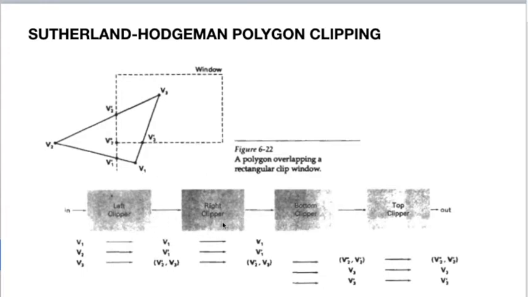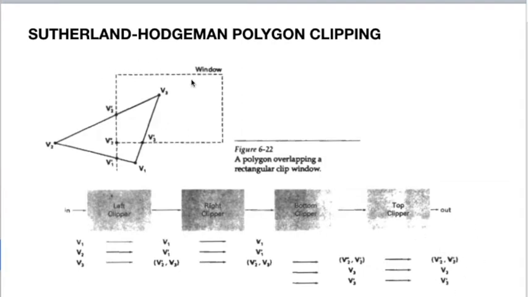So here it is right clipping, it's again inside the right boundary, so V1 can be stored there. Then it goes to the bottom clipper, so it is outside the bottom clipper, so you eliminate that. So similarly, every vertex, every point has to pass through these four clippers, and if it passes all the clippers, here you get the